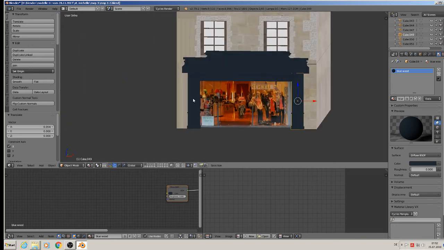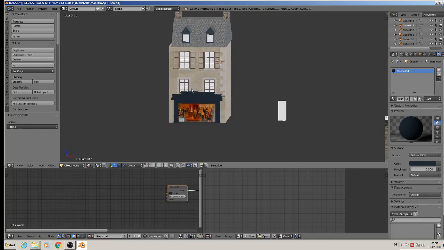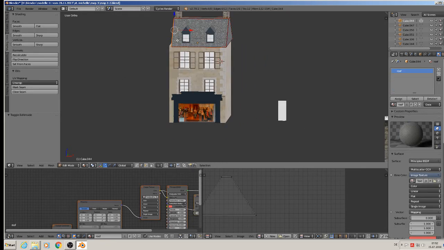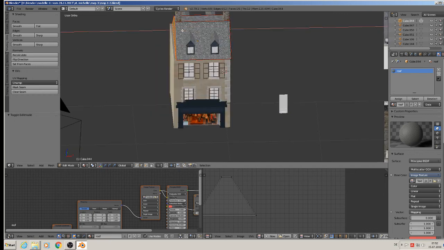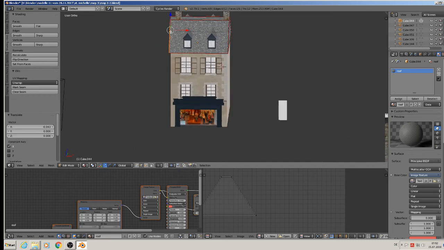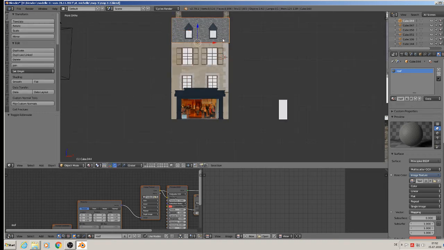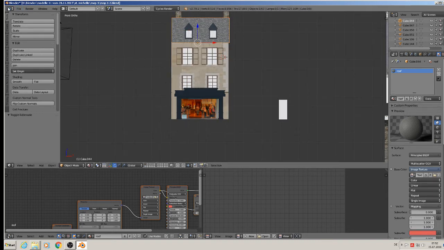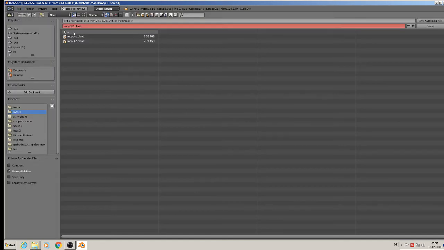That is good, so we can join that together and make the roof a little longer. Not too long, but a little. Good. File, save as, take new version number,